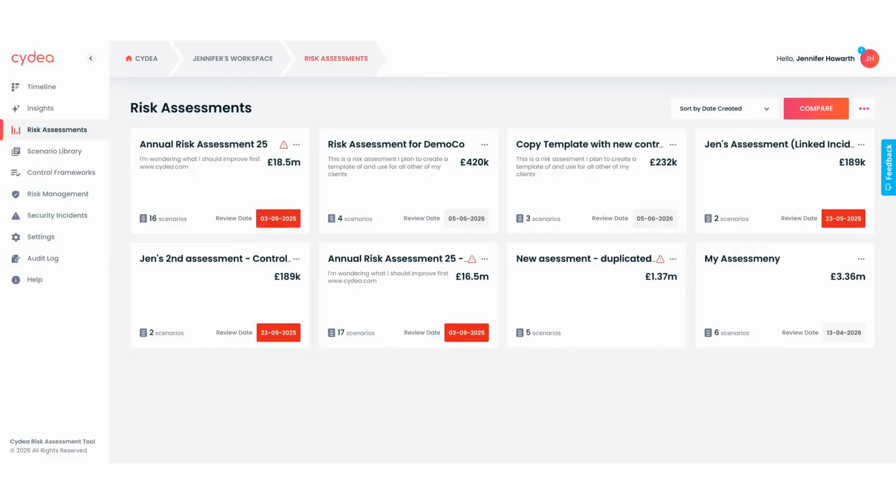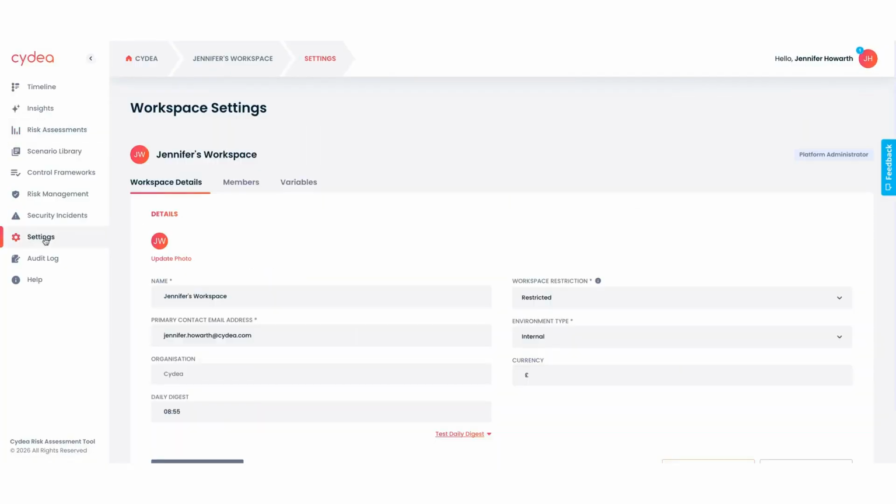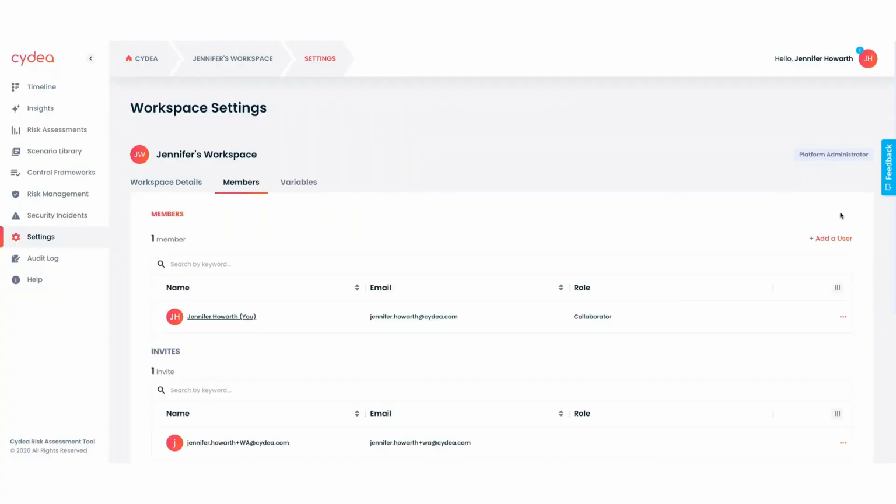Today I'm going to be showing you how to invite a user into your workspace. When you enter the workspace, you are taken to the risk assessments page. So to add a user, you need to click on settings, then click on members, and then you can click